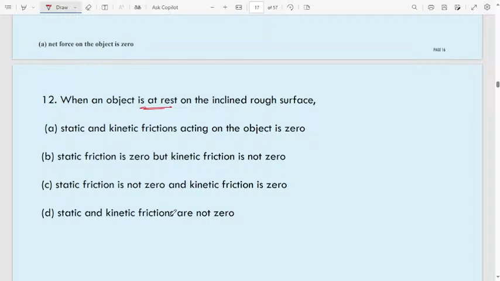I will explain in simple words what is meant by static and kinetic friction. When the object is at rest, because of the rest position, the object will possess a friction. Okay. Consider a car parked in a parking slot. The car is not moving at all. It will be in the parking position. Because of the mass of that car, it will possess a static friction. That is static. When the object is at rest, then it will possess